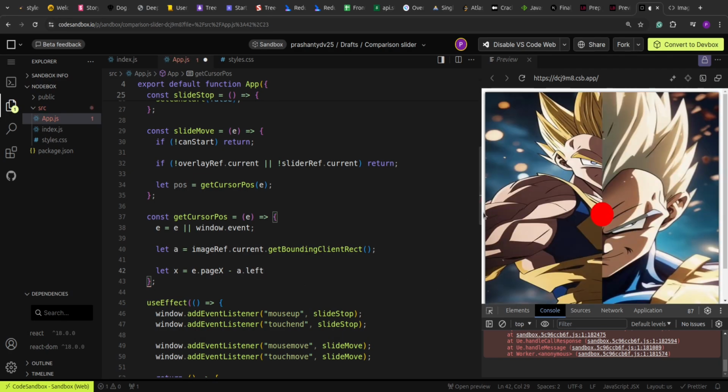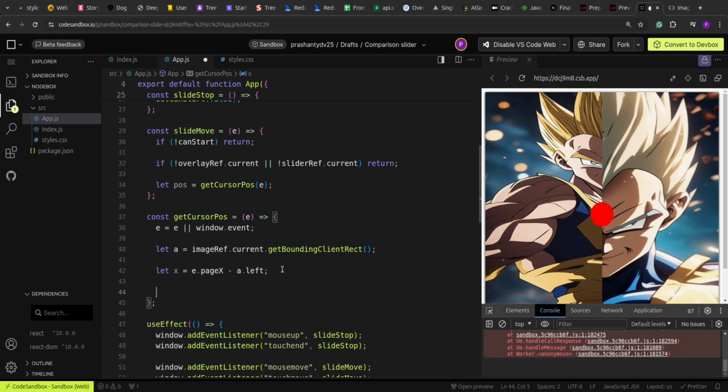As you can see right here, there is a little bit of gap between the body and the image container. So maybe 8 or 9 pixels over here. That we want to subtract, and based on that we have to decide the position. This gives us 100% accuracy for the image